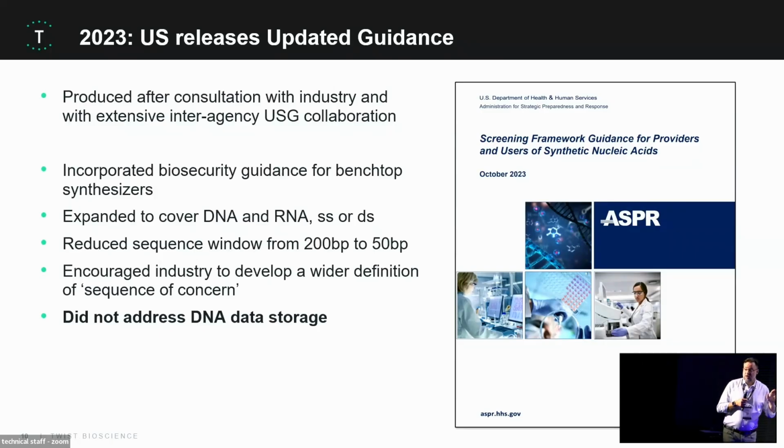I do want to mention that the goal of all of these practices is not to eliminate risk. It's just to make it much more difficult to misuse things. So I don't want you to see any of the things we talk about today as a complete bulwark against misuse. The goal is really to make it as hard as possible. And so the US government recognized that we should maybe move that 200 base pair threshold down to 50 base pairs. Let's make it even harder.